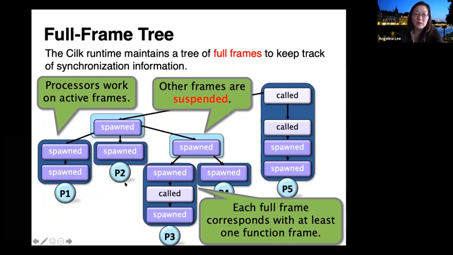Here, what I'm showing you is basically each square. You can think of each square as a full frame. The smaller square that I have the note saying spawn or call, those are the regular Cilk stack frame that we talked about, okay? But whenever a frame has been stolen, then we will create a corresponding full frame,